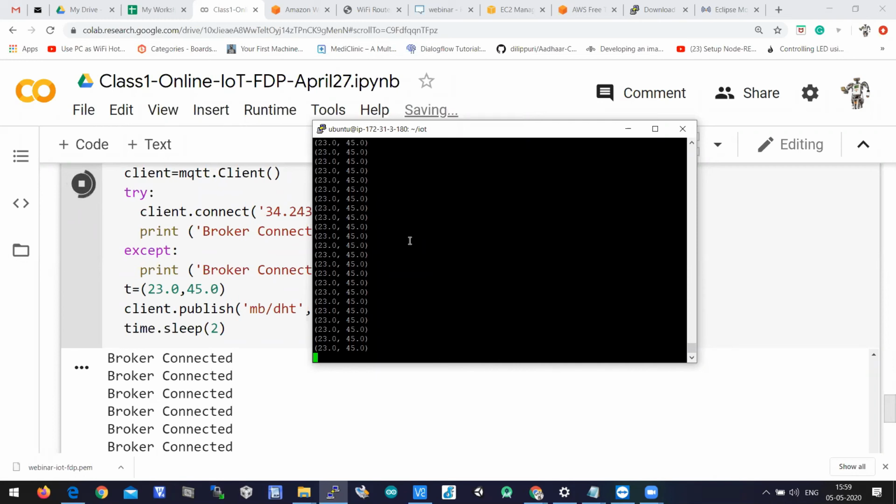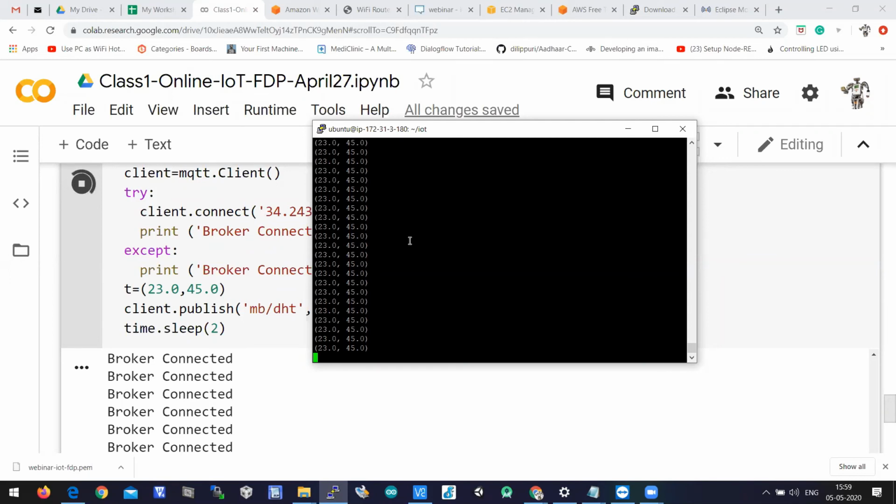Have you all understood what we did today? Because this architecture is important. We created an instance on AWS, and then we configured it by updating and upgrading the operating system of the AWS instance, and then we installed certain packages, and then we wrote a Python script to collect the data, and on Google Colab we wrote a program to publish the data.